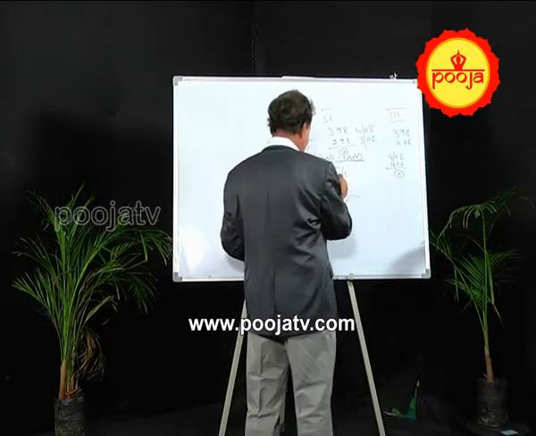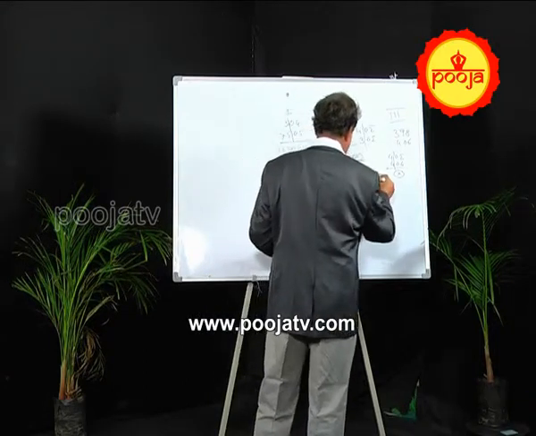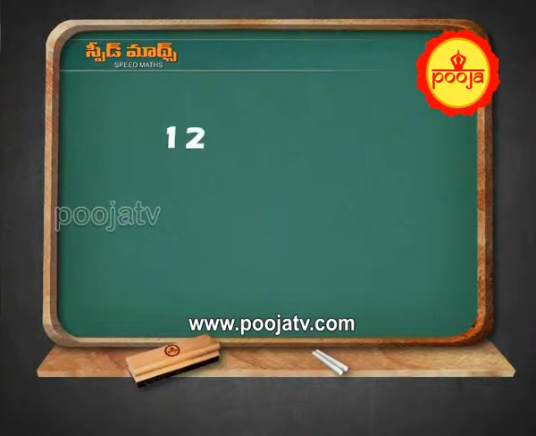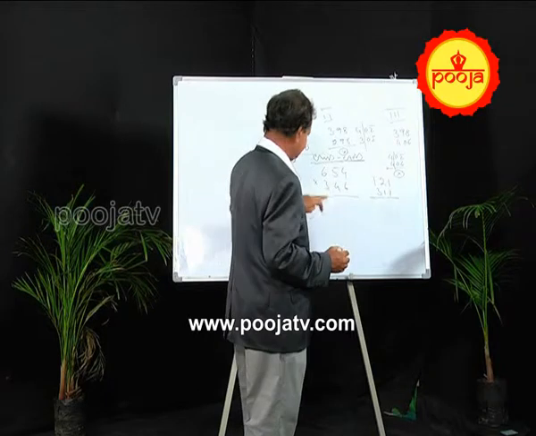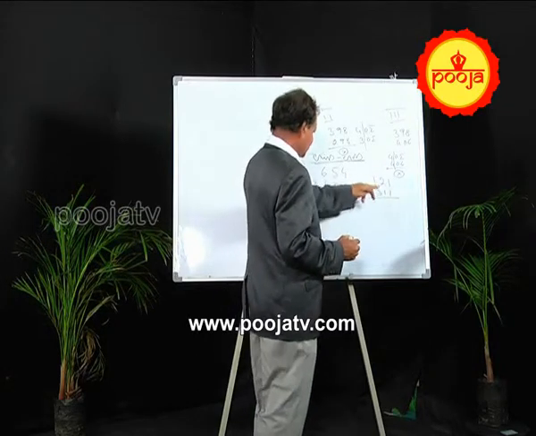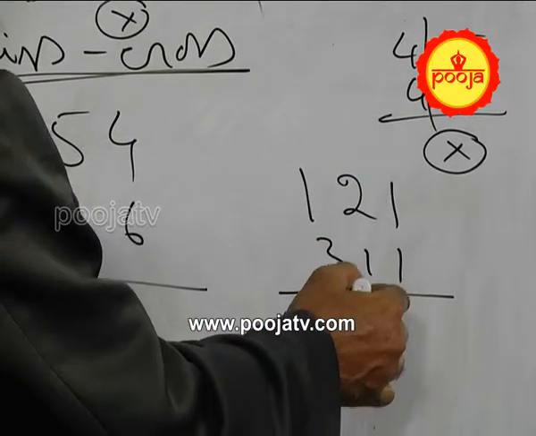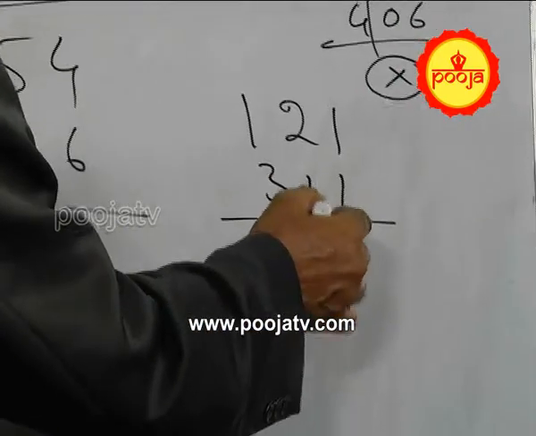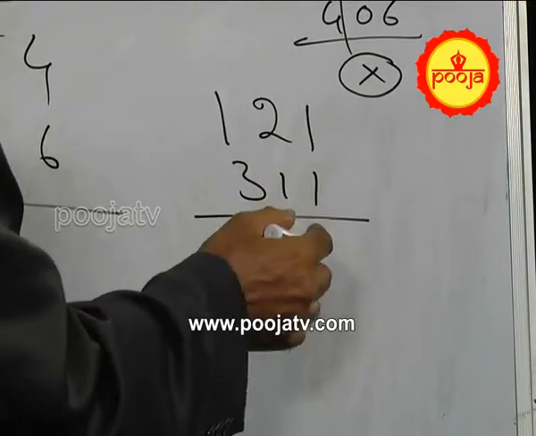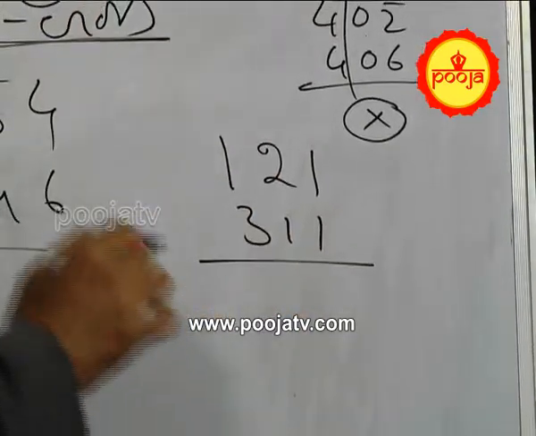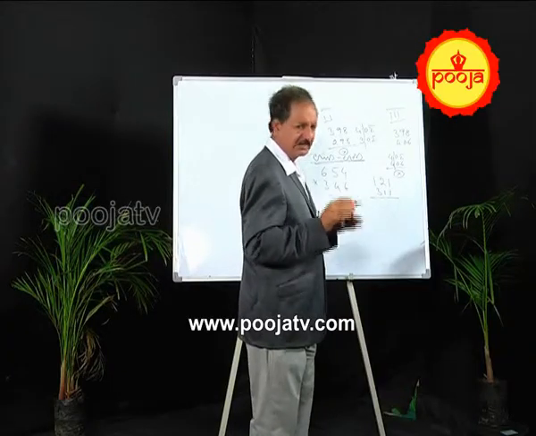Before going to this, I will show a small one. Suppose 121 into 311. Okay, let us see this. Later I will tell you how to do the bigger one, because with small numbers you can understand well. Here also, you cannot give slash, you cannot convert either one of them. So, you have to go for the criss-cross method only. What is the criss-cross method? Observe keenly.